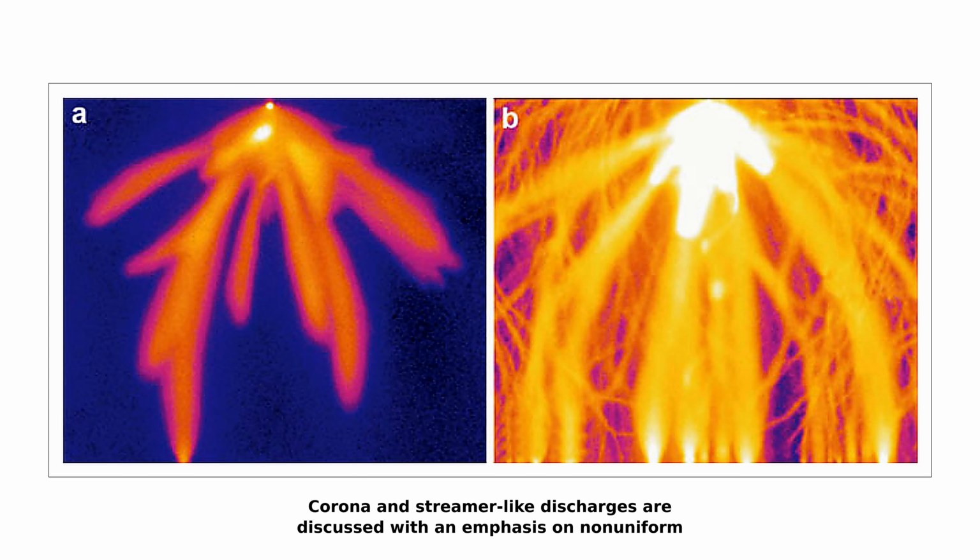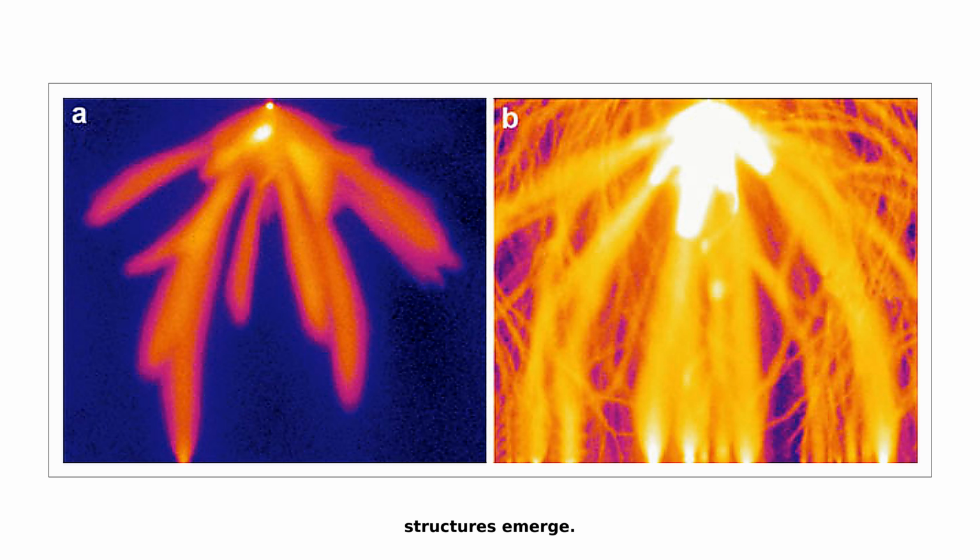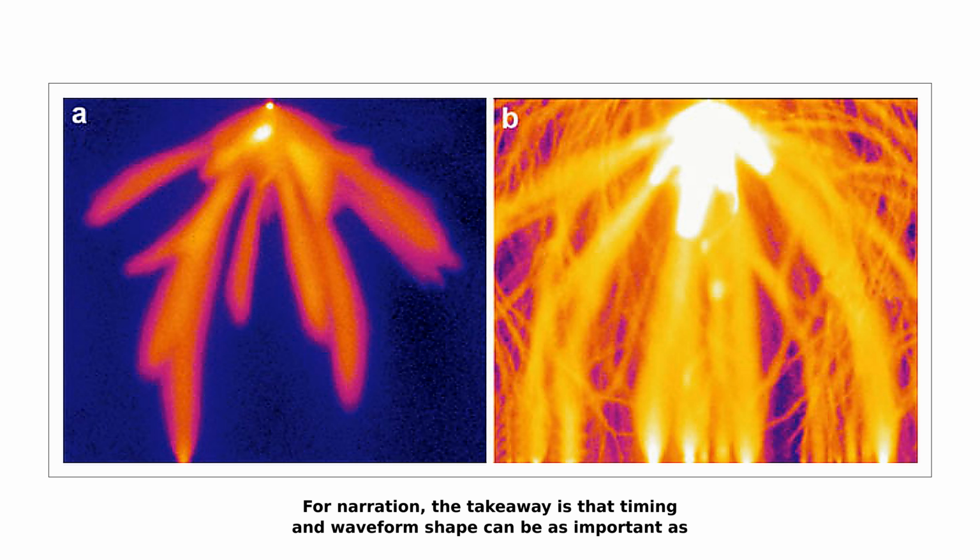Corona and streamer-like discharges are discussed with an emphasis on non-uniform fields near sharp electrodes. The excerpt warns that a key risk is transition to an arc and lists control approaches, such as limiting voltage and using pulse power supplies. Figure 15 compares short and long exposure images for discharges in a 40 mm gap in atmospheric air with a 54 kV pulse and a 30 nanoseconds rise time, illustrating how transient structures emerge. For narration, the takeaway is that timing and waveform shape can be as important as amplitude for maintaining a desired